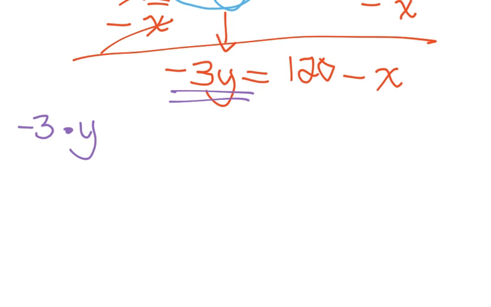So basically, in order for you to be able to undo multiplication, undo it, meaning get rid of that -3y, I have to divide both sides by -3. Divide. This fraction bar, ladies and gentlemen, means to divide. So when I divide both sides,